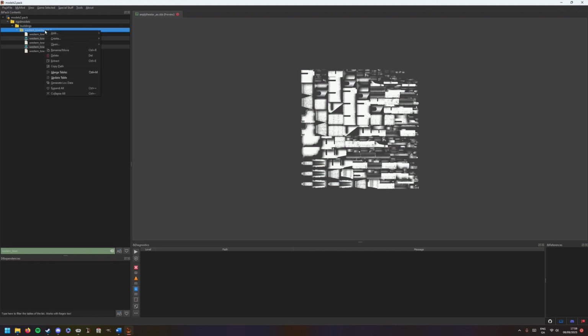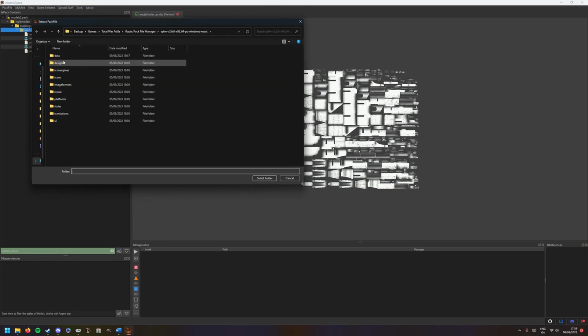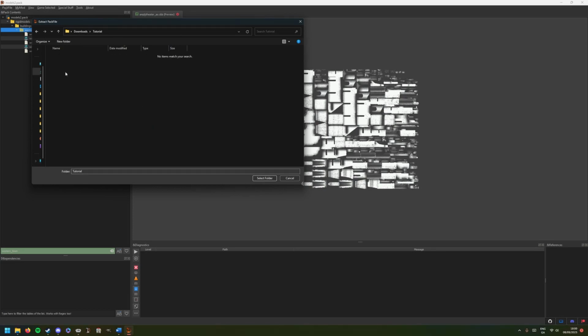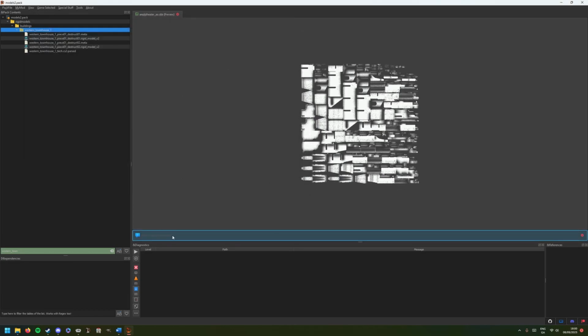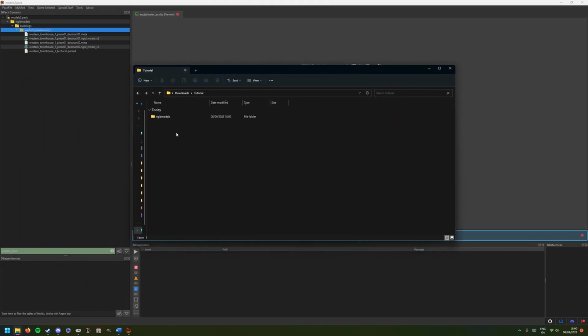And what I'm going to want to do is extract that. So right click, extract. You can do it in any folder you like. I have a little tutorial folder here set up for it. So I'm going to click select folder, and that has now extracted everything into that folder. Now what I want to do is bring that up using Windows Explorer, and you can see in tutorial it has downloaded this file in the exact same folder layout or structure. So if I go into rigid models, buildings, the folder is there with all the same files